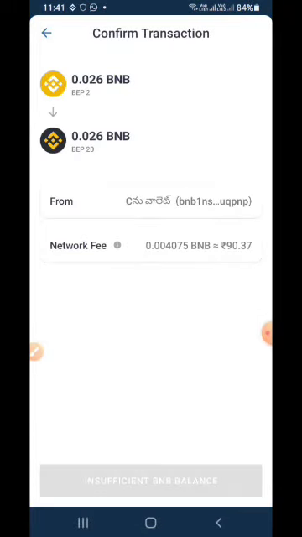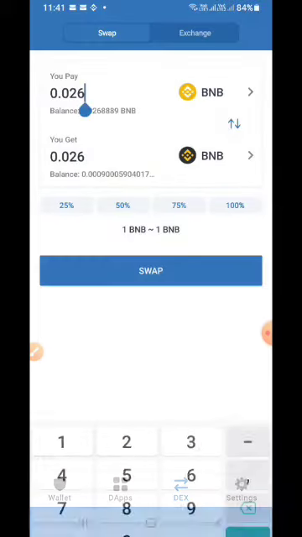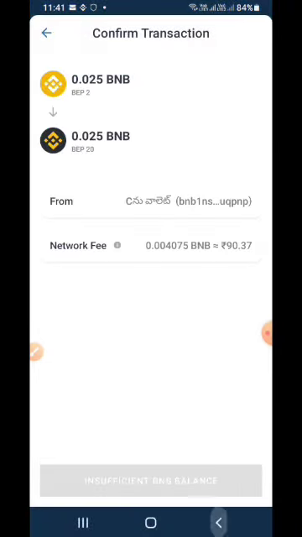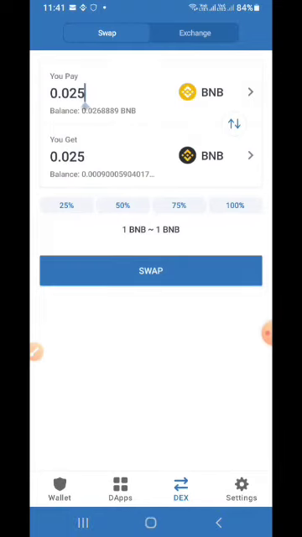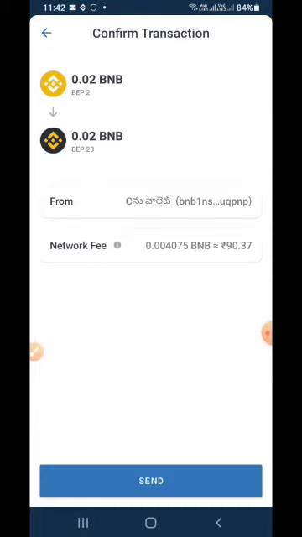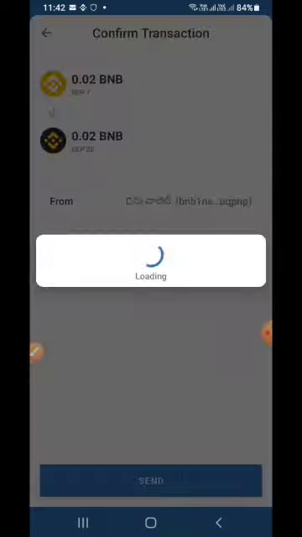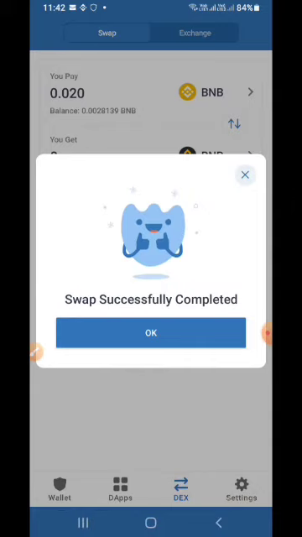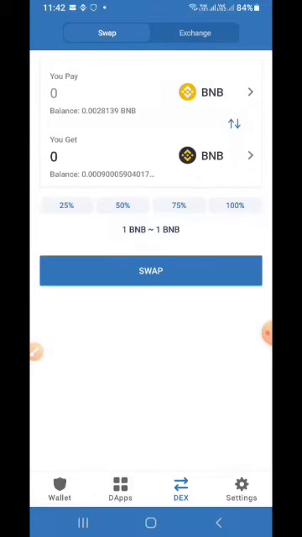You can change the value to 0.20. Click on send. The network fee is 90.37 rupees. The swap is successfully completed. Click on OK.